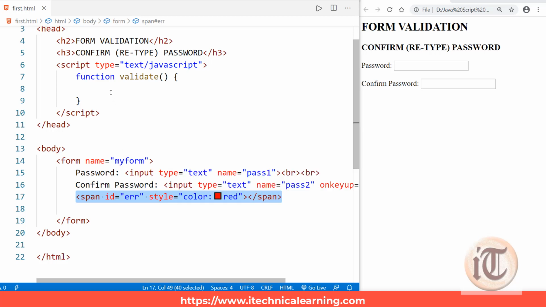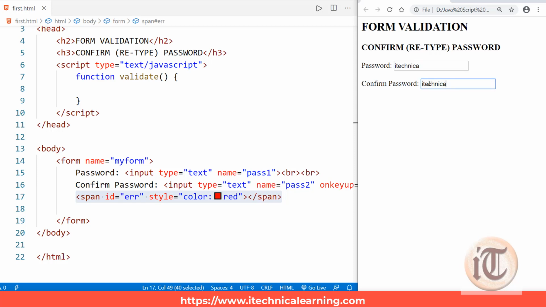Okay, so to understand this confirm password or retype password field, what we need to do is, if a user wants to enter a password, for the time being we have not maintained this field as password so that we can show whatever I am typing. So we have maintained these fields as text fields. You can implement it as a password field, but to understand it more clearly, suppose I want to type the password as iTechnica and the user types a confirm password named iTechnica. Okay, so a message should be displayed here, whether okay or not okay. Okay will be displayed when these two fields are equal or contain the same data, otherwise it will display not okay.